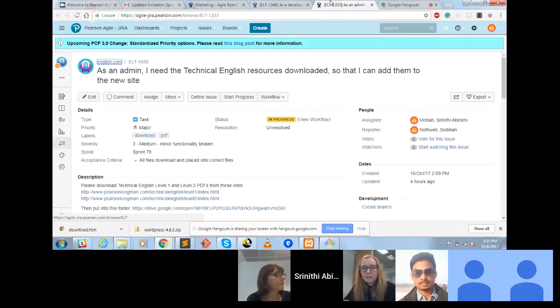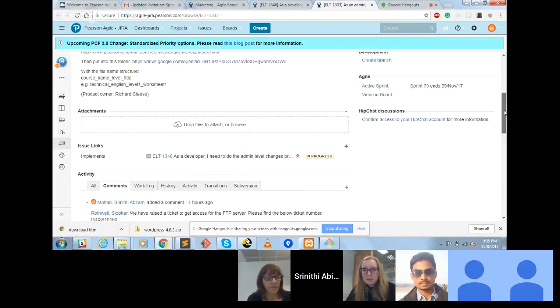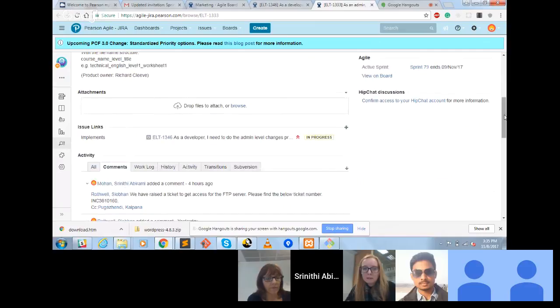I think we can just wait to see what the ticket says, if they can fix it. We won't put it into this next sprint, but we'll wait to see what they say. We have not received any reply for the ticket, Shivan. So we will wait until we get a positive response. Once we get the access credentials, we can take it into the sprint. So for now, we will leave it open and go to the backlog. Okay, thanks.